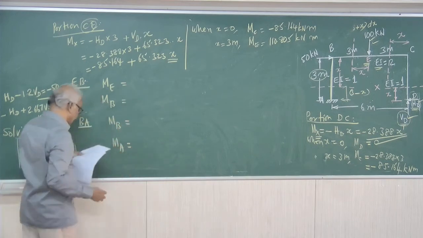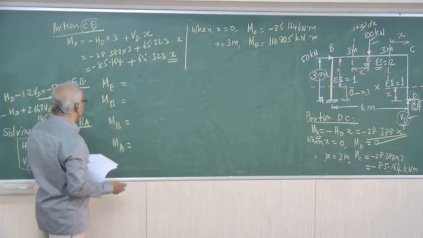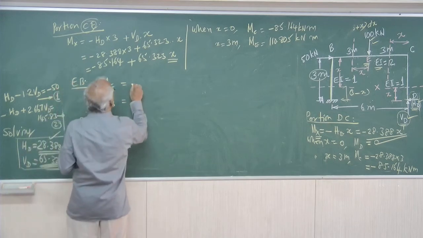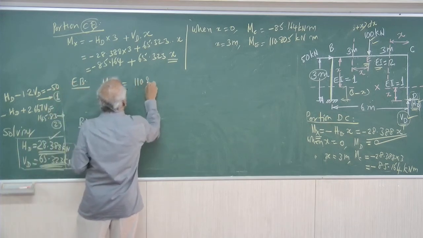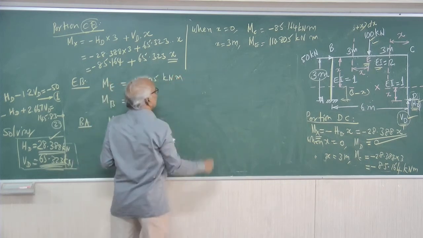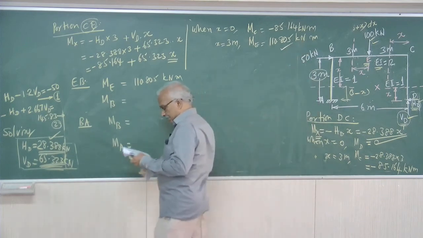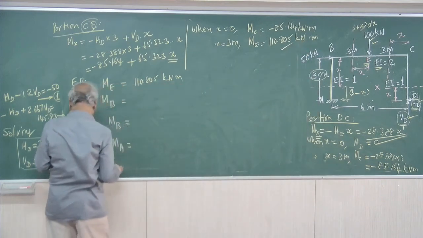These values I will straight away give you. ME equal to 110.805 kilonewton meter, as obtained here, same value as obtained here, and MB equal to